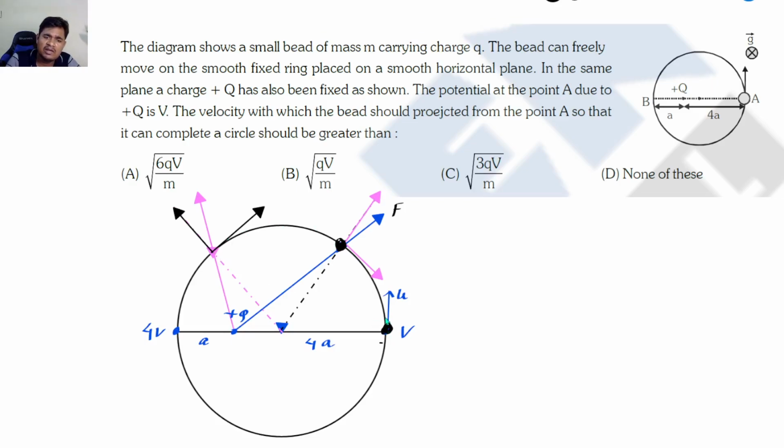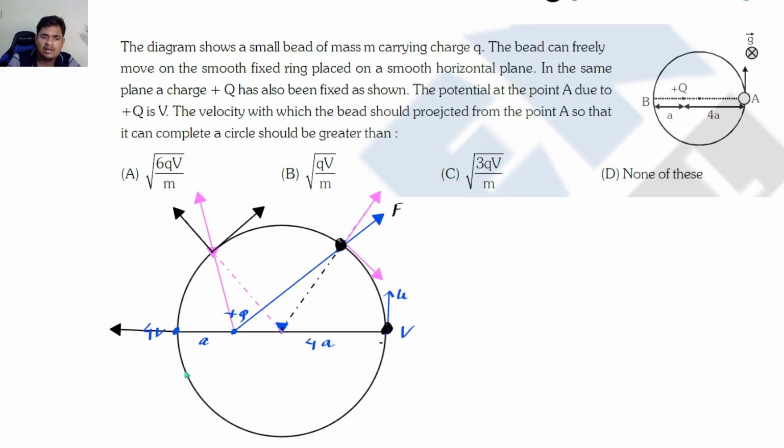That means if a particle is able to reach from here to this position, because when the particle reaches here, at this position, if you see the forces on it, the force is along this line, so this force has no component along the tangential direction. Okay, and after that, if I consider any point over here,